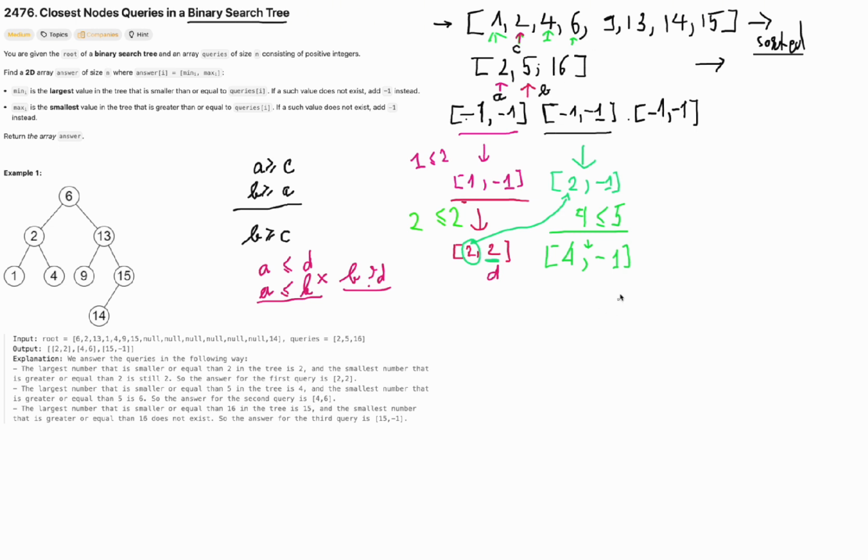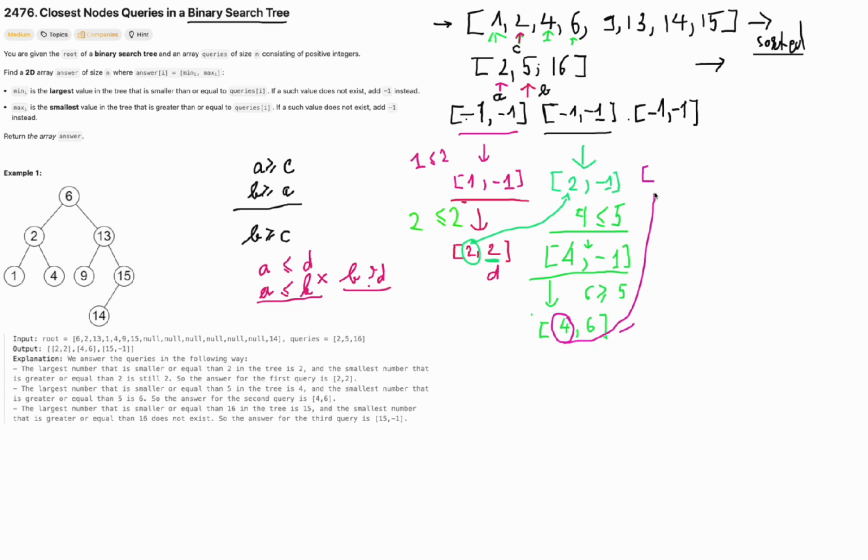Okay, so when we see that 6 is greater than or equal to 5, this condition is satisfied. So that's why we can update this one as 4 and 6, because here we found the upper bound, right? And then we move to the next one, and we move to the next one here, and by initializing the